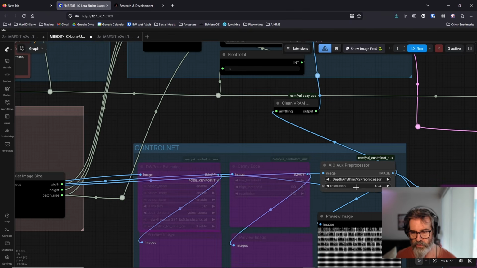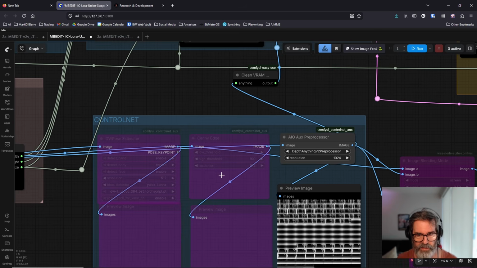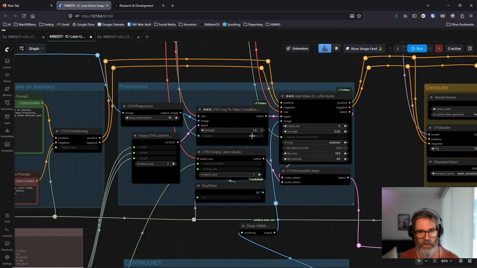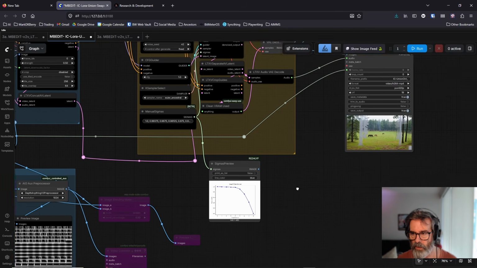I prefer to use Depth Anything. There's probably even better ones out there. There is actually a better one, but I can't remember its name. You've also got pose and canny edge, but it's not applicable in this setup, especially because I don't want the edges. I actually want it to fix anything there, which is where the green frames are. And then I've been fiddling around with this and that, these settings there, and this was about the best when I did it